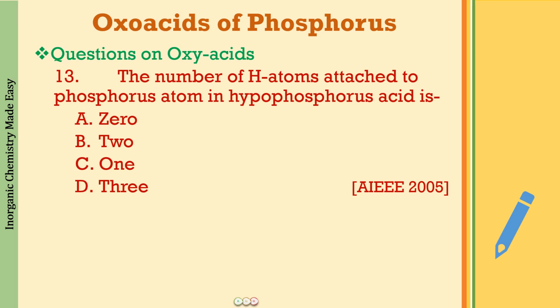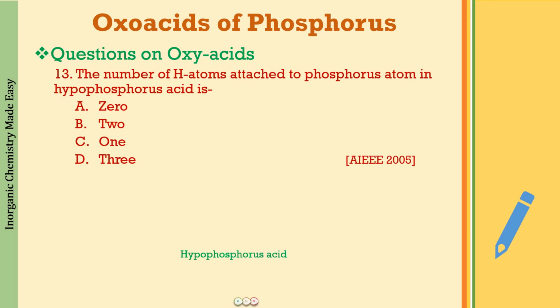So again, a similar question on hypophosphorus acid. Hypophosphorus acid is a very important acid, right? In hypophosphorus acid, how many hydrogens are attached to the phosphorus atom? So now if you did not remember it, now this is perfectly imprinted into your mind. This is the AIEEE 2005 question, and the options are 0, 2, 1 and 3. So what is the correct answer? It is going to be hypophosphorus acid, where we will be having two P-H bonds present in the acid. So the correct option is going to be B choice.